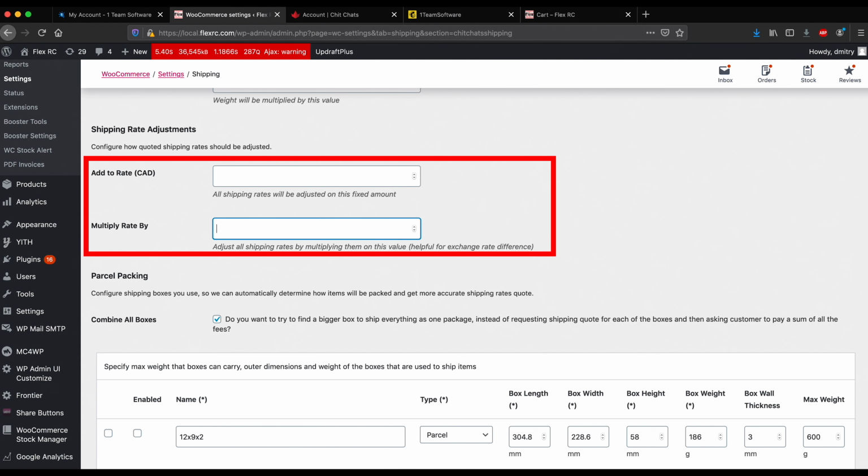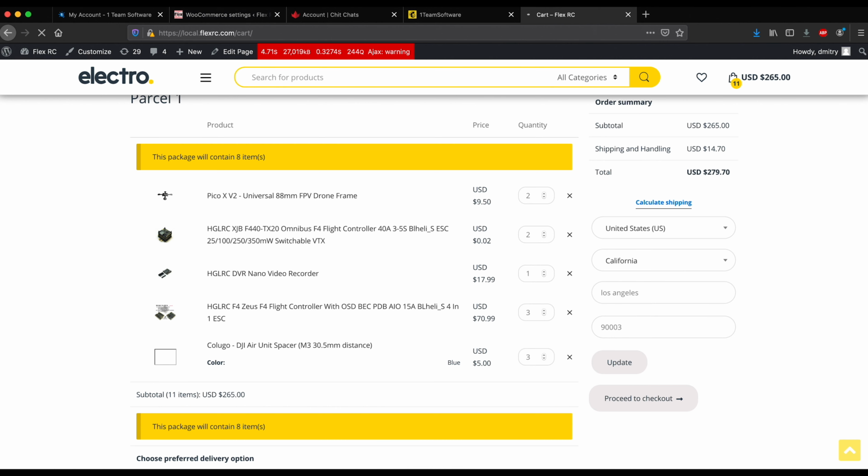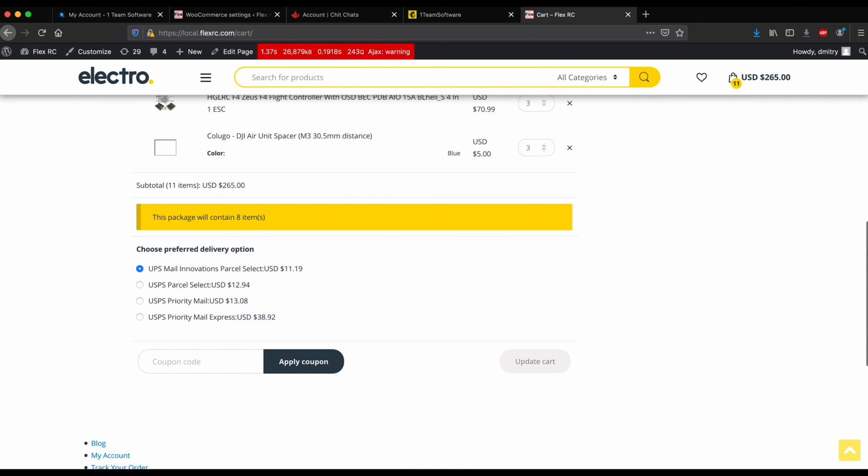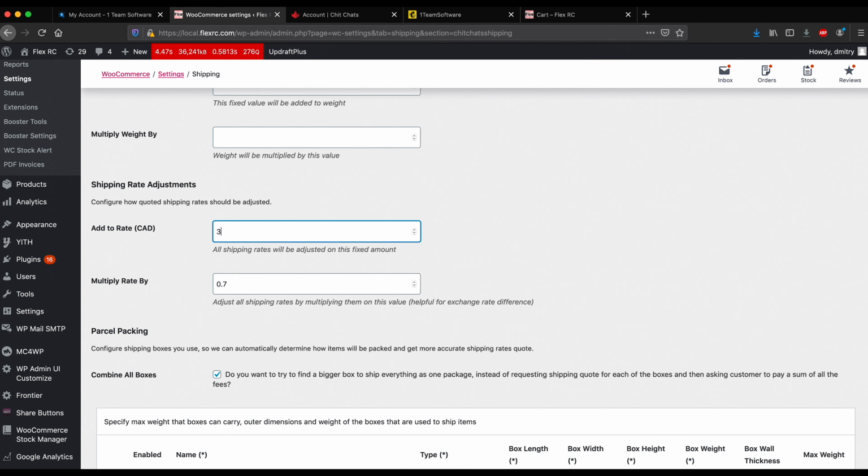So if my website is charging in USD, I'm going to use something like a 0.7 multiplier. And if I want to charge some extra fee for handling, I can add, for example, 3 Canadian dollars for each of them. Then I can save, and as we can see, that quote has been updated appropriately. It's a bit hard to see because we added $3 for handling, but say I remove this $3,